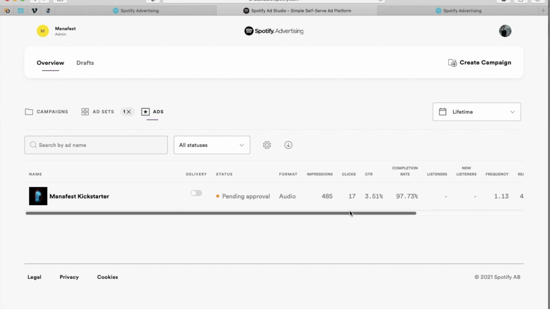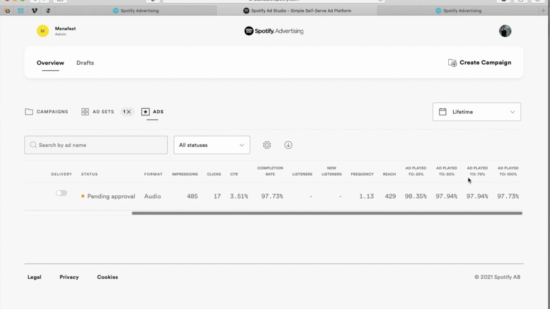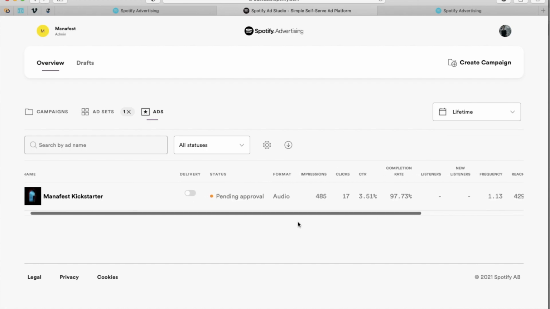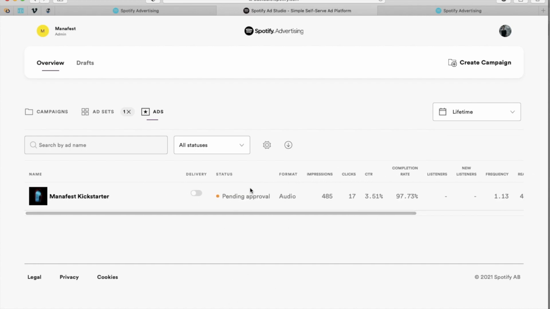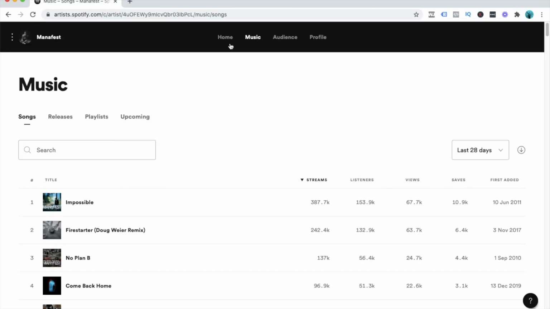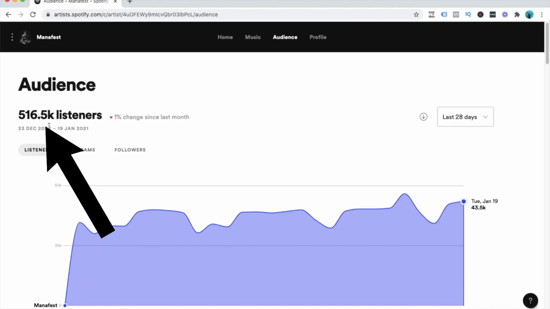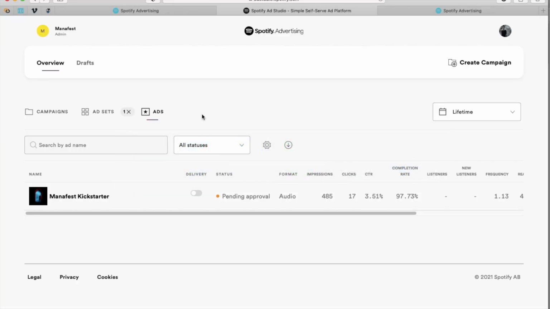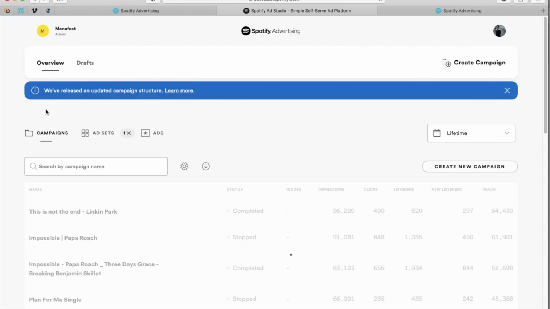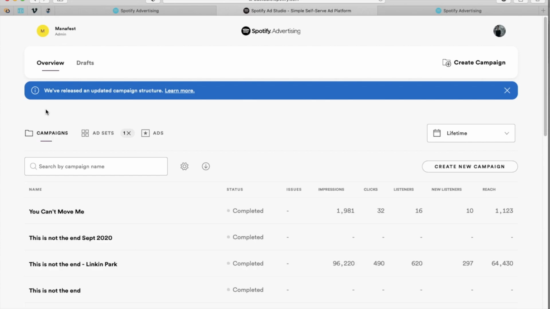Of course, if you look in here, it won't show new fans or anything like that because I got them basically over to merch. So I retargeted my fans to come listen to my music, all right? Now, I've got a pretty big fan base. If I go to my artist's dashboard here, to my audience, I've got about 100,000 monthly listeners. So I was retargeting them. Now, I could do that to sell more merch and whatnot, but did you see how high that click-through rate is? 3.5%. So that's for retargeting when you have a show, when you have a tour, when you have different things going on, all right?